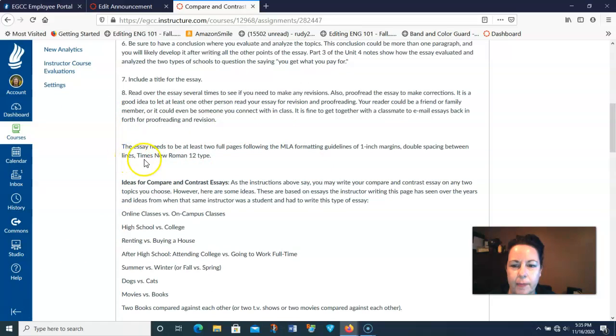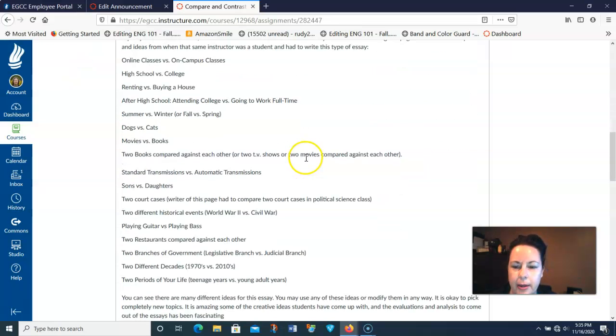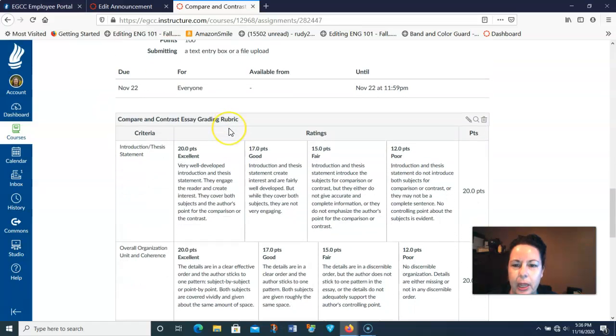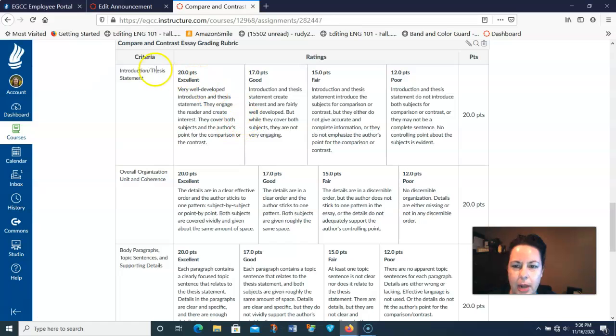And then also on our announcement for the week, I have the sample of what it looks like for MLA formatting. Most of you are getting that, and that's wonderful, but there's still a few little tweaks and things that some people need to make. So be sure to read the feedback on previous essays. All right, so again, here are the different topics to choose from. And here, if you're not scrolling all the way down, you may end up missing this rubric. And this is the exact same rubric that I will be using